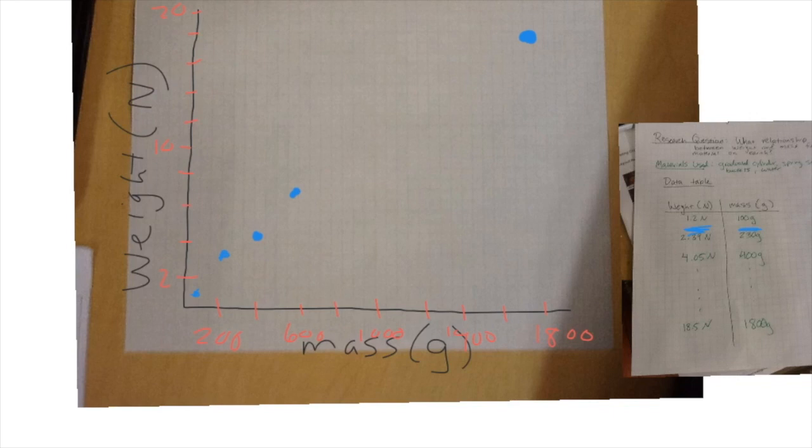But one thing I want to point out to you is, don't worry if your data doesn't perfectly line up. You can see a couple of these are kind of zigzagging back and forth, even really far off, like you're getting this scatter going on. The point is that after you plot the data as it is, you look for your best average trend line. And so when we put a trend line on there,